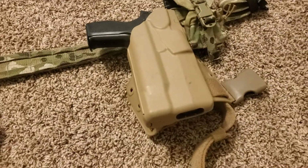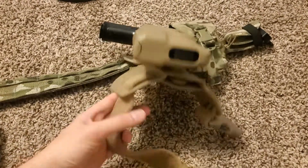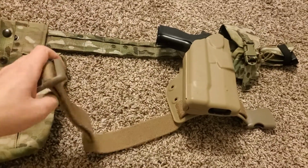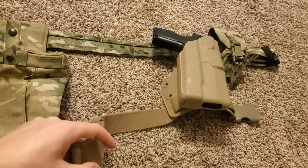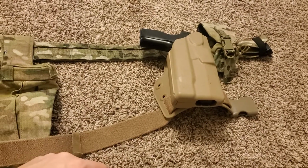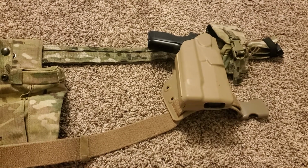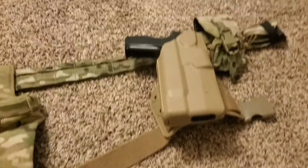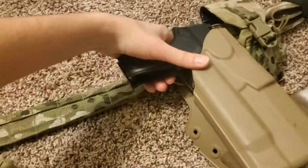So I have a Safariland 7TS ALS set up on a flex leg holster. Honestly, these are a lot more comfortable than a modded UBL. The modded UBL is certainly smaller, which could be a factor for you, but it's also not as comfortable or stable. So that's something to think about. It's also cheaper, which I think is a reason why a lot of people go for it. So then in it I have a